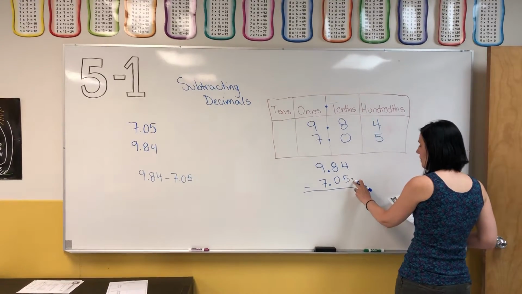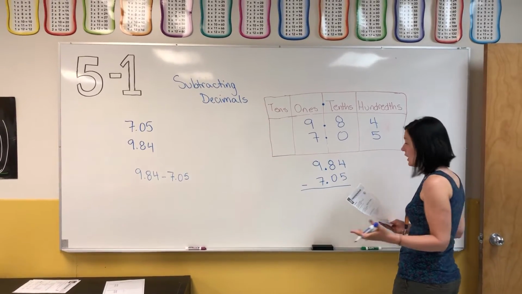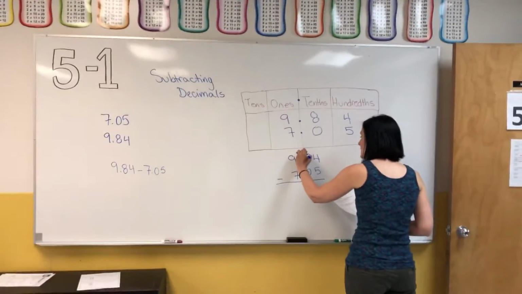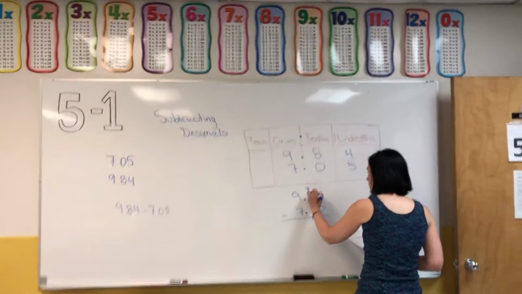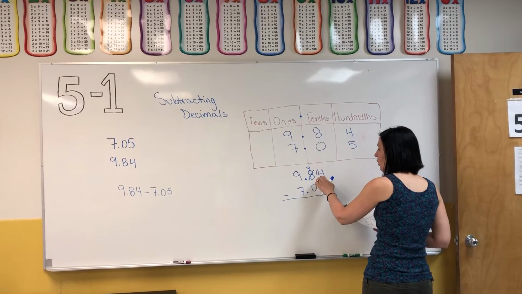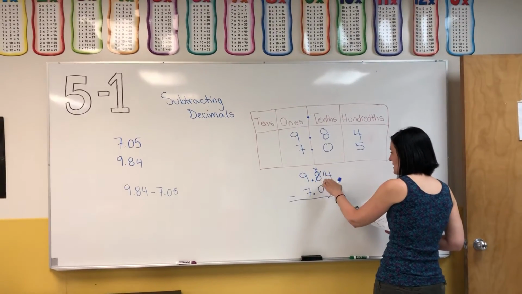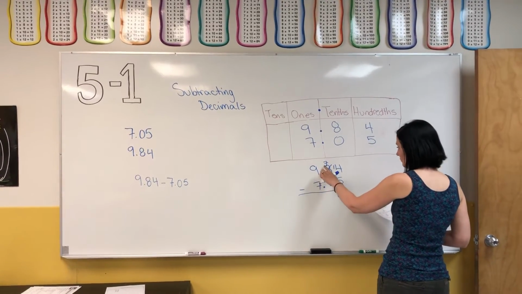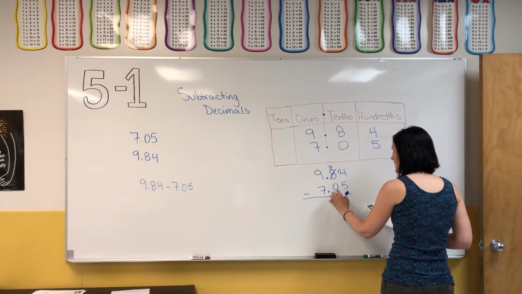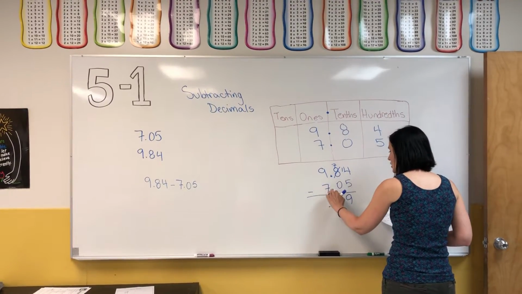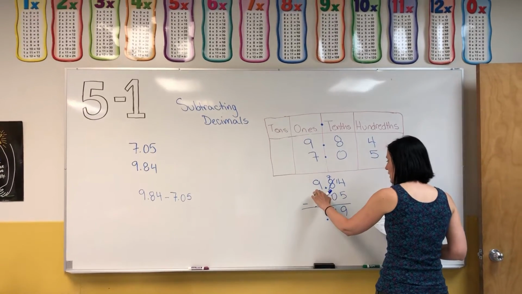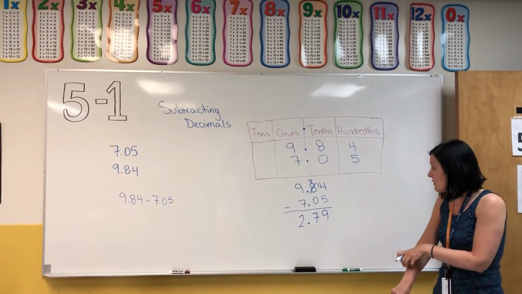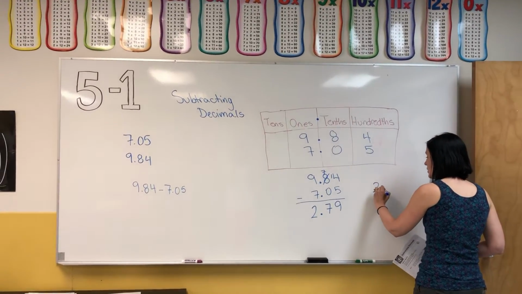Okay, so 4 minus 5. Can we do that? Nope. We got to go next door and borrow from our neighbor. So we're going to cross out that 8. This 8 becomes a 7 now. And we put a little 1 here, because we borrowed a whole number from here, from the 8. So now we've got 14 minus 5, which is 9. And now our 8 became a 7. 7 minus 0, easy, that's 7. Make sure you bring your decimal down. And now 9 minus 7 is 2. So the difference between the two pumpkins is 2.79